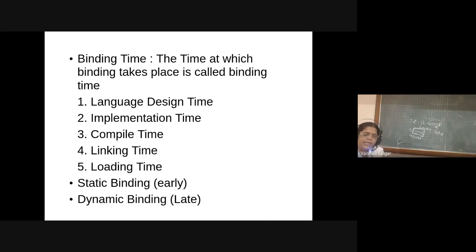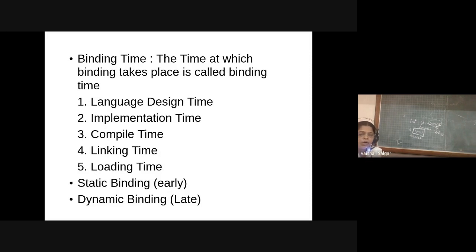Now, what does implementation time mean? For this particular day object, how that data will be represented in my program, which type it will be, that is, what type of value that particular entity will hold, is the implementation type of binding. Now, compile time is when your program is going to be compiled.